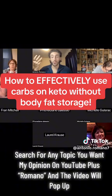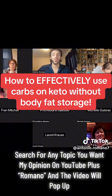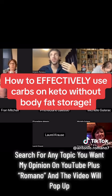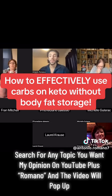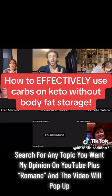If you get some serious, intense enough exercise in the morning or in the first part of the day, that's especially effective. Walking or something low intensity isn't going to work if you do it before. If you have carbohydrates and then walk, it's going to liberate them into your bloodstream and you'll use some of them up. But the best way to do this for effectiveness is always going to be to get